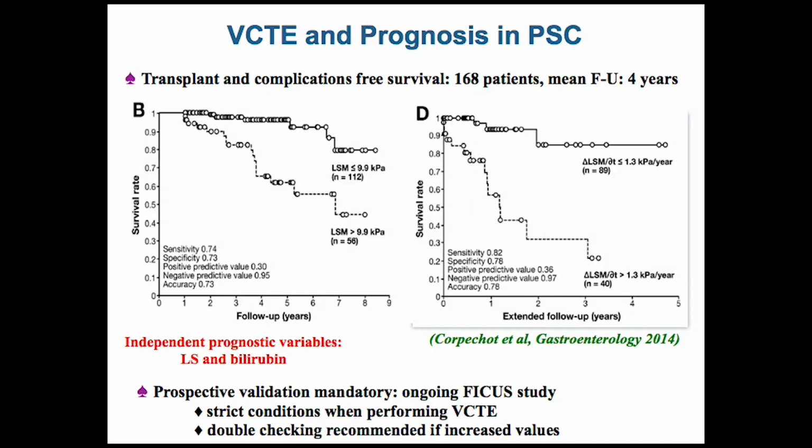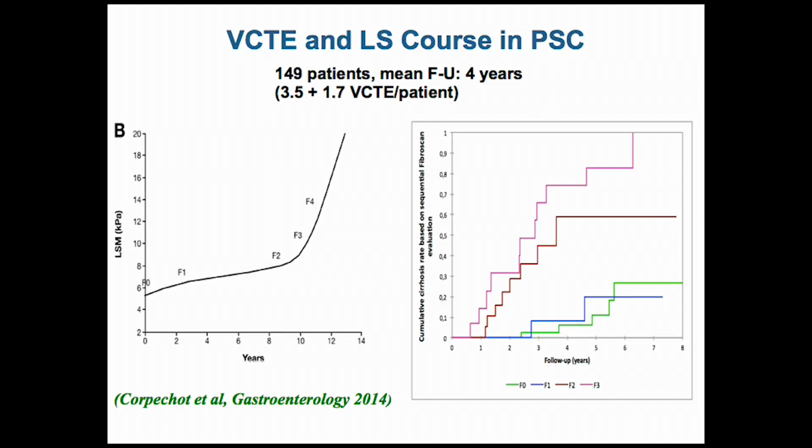Liver stiffness at baseline, but also longitudinal change, have a strong prognostic value. So if your liver stiffness increases by more than 1.3 every year, the prognosis is less good. And this prognostic value is independent from bilirubin. But of course, full validation